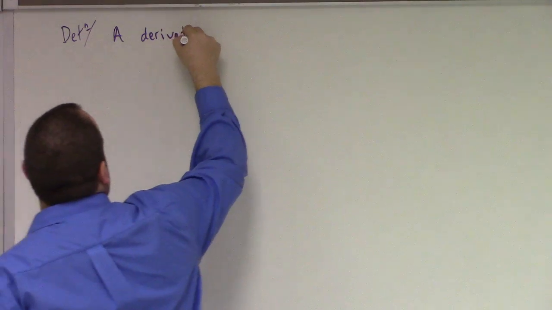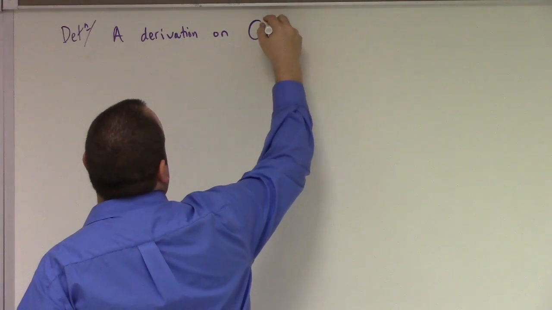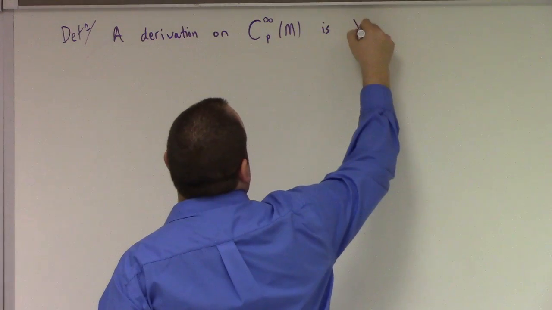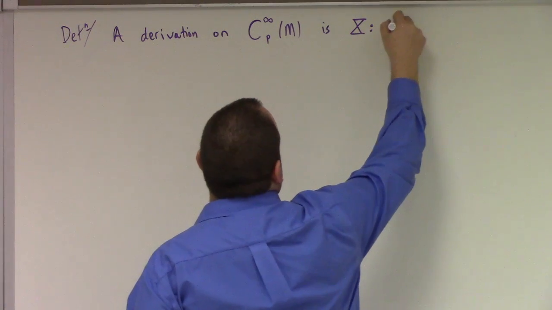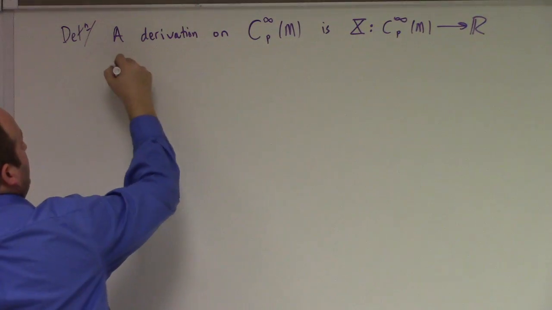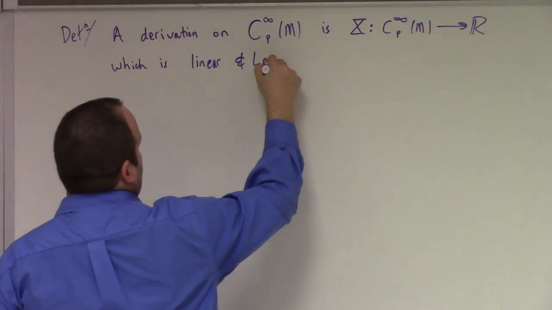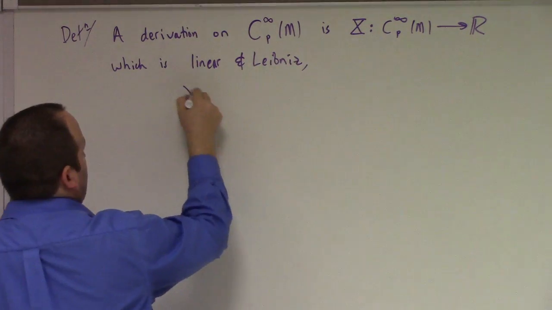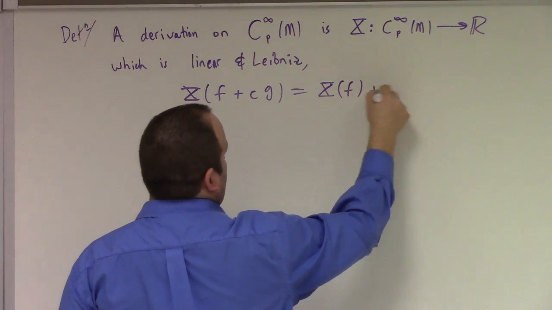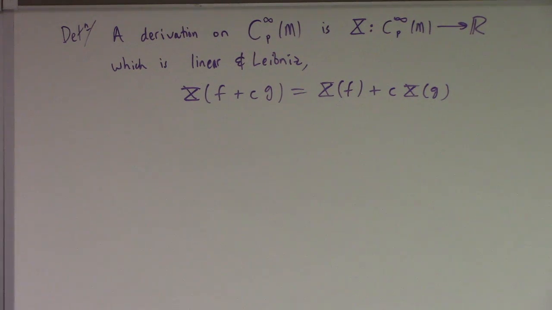A derivation on the smooth functions, let's say, at the point P on a manifold M is, let's say, x, which goes from the smooth functions at P and M to the reals, and which is what? Linear and Leibniz. So in other words, x of f plus cg is equal to x of f plus c x of g. Right, that's for all f and g